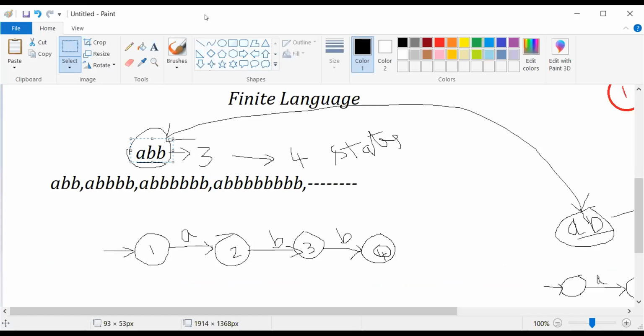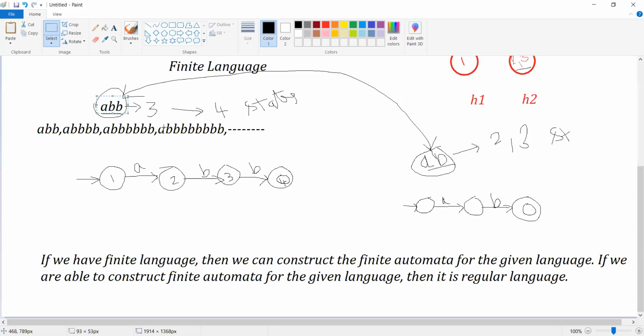But if you consider the infinite language, you can see the least string is ABB, which is of length 3. The next string length is 5, the next is 7, then 9, then 11, and I don't know what the length of the infinite string might be.